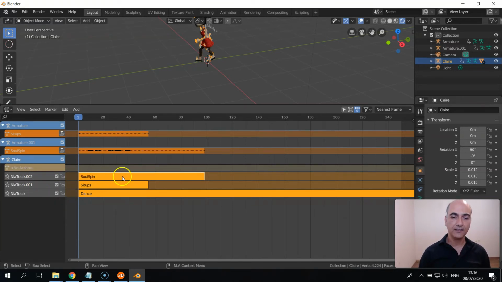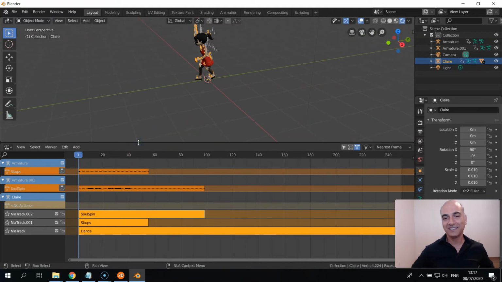Each contains a different animation. Okay, so here we see we have the soul spin, the sit-ups, and the dance, all under Claire armature. Okay? Right. So now I think that I'm ready to export my Claire model with all its 3 amazing animations